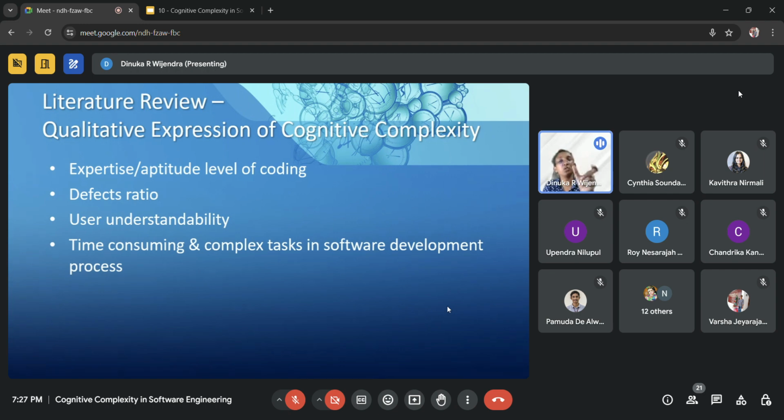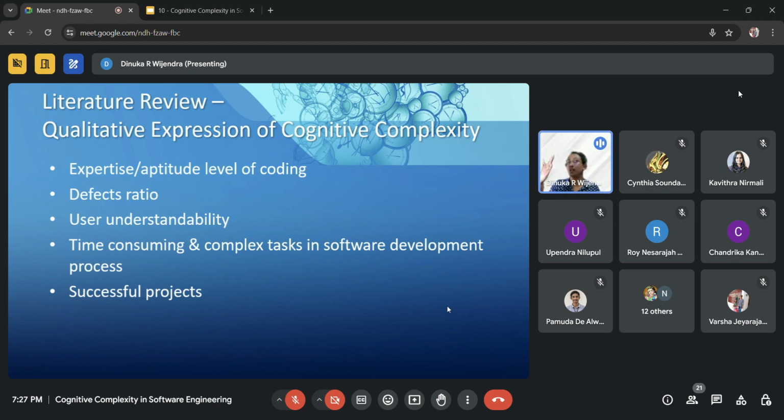And if we can express the cognitive complexity, how can you determine which tasks are very time consuming and complex, and how to identify successful projects with the concept of cognitive complexity? For example, cognitive complexity means the user understandability level.